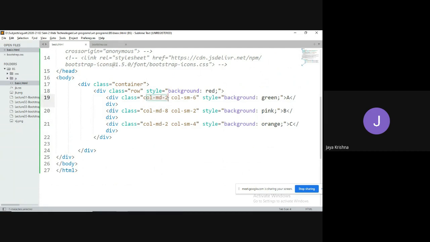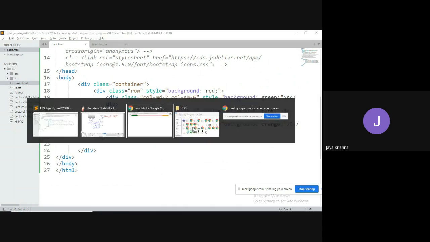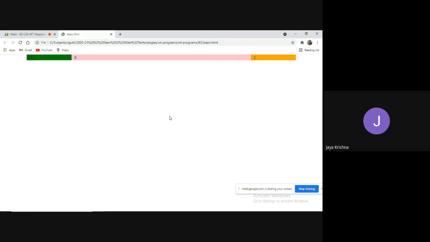On medium screen, it is 2 parts, 8 parts, and 2 parts. So if you combine 2 plus 8 plus 2, that is 12. If it is opened on a small screen device, how many parts does the first column occupy? 6 parts. Second column 2 parts, and third column 4 parts. Now we can clearly observe the variation.